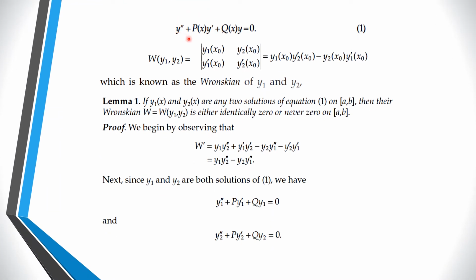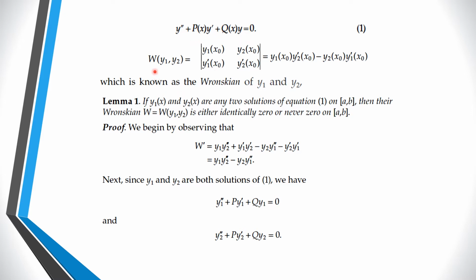Now just see, you are given any second order differential equation of the form y double prime plus p(x) y prime plus q(x) y is equal to 0, where y prime and y double prime denote the first and second derivatives of y with respect to x, right? And p(x) and q(x) are functions of x alone. So this is a second order linear differential equation. Since the right hand side is 0, this is a homogeneous second order linear differential equation.